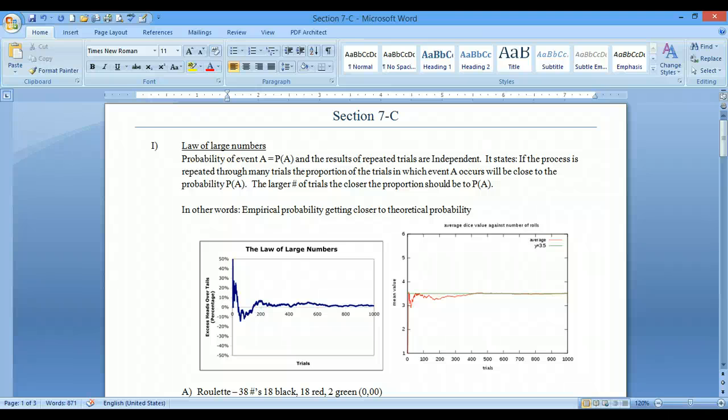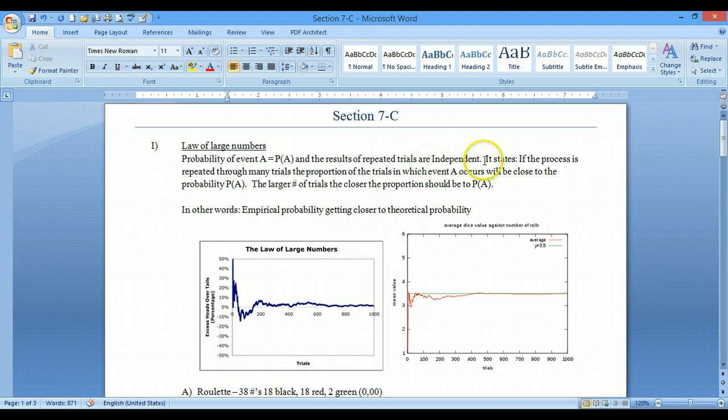Welcome to Section 7C. This is where we're going to talk a little bit about gambling, but we're going to start out with the law of large numbers. Before we move into the definition of the law of large numbers, we need to define that the probability of event A is stated as P of A, or probability of A, and the results of the repeated trials are